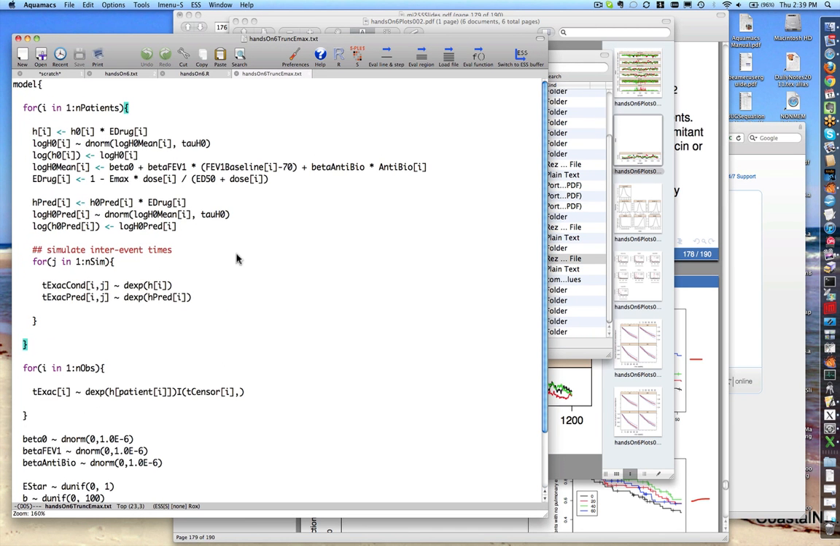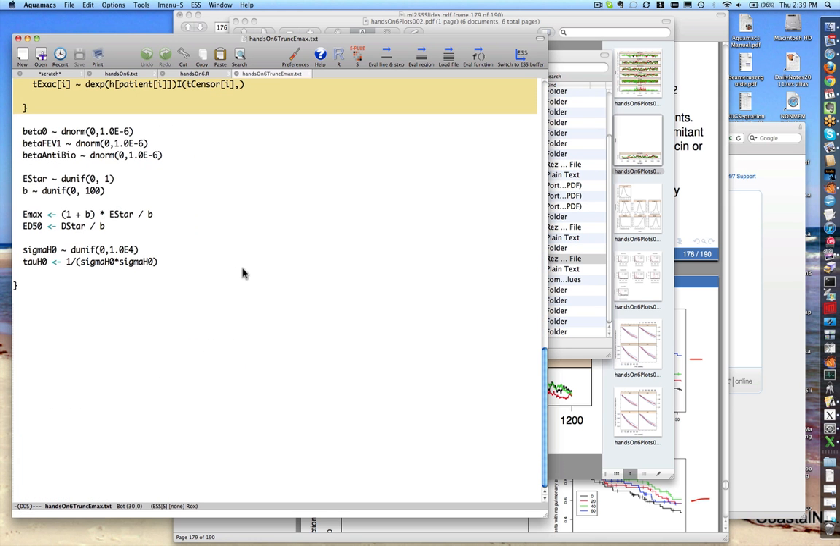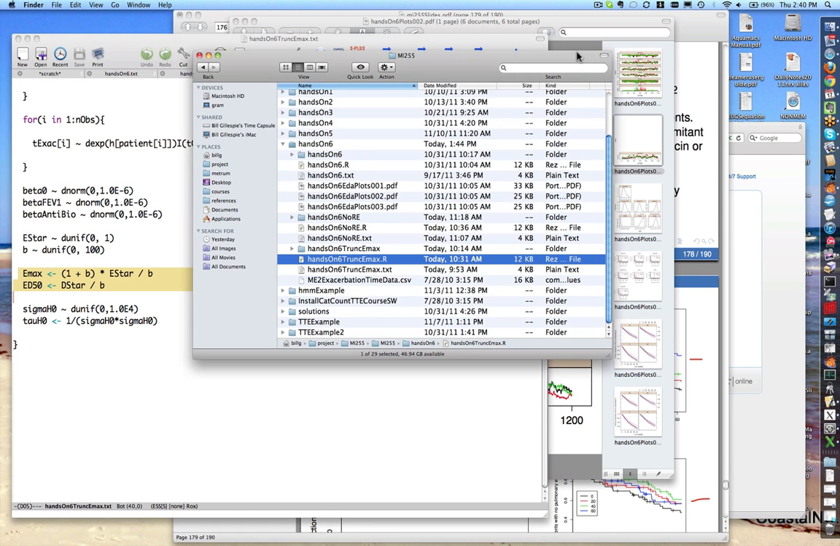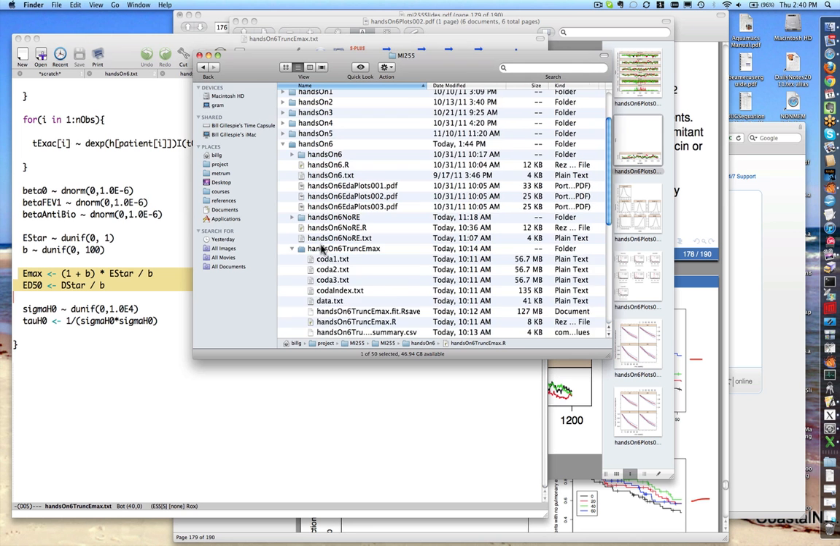Okay, so the model looks identical, except down here are the parameters that I'm actually specifying priors on. Instead of Emax and ED50, it is this E star and B functions. I've specified a D star in the data set, and in this case I specified it as the highest dose we're working with, which was 60. From that I can then calculate the corresponding Emax and ED50, and when I use this approach, what we end up with is something that looks like